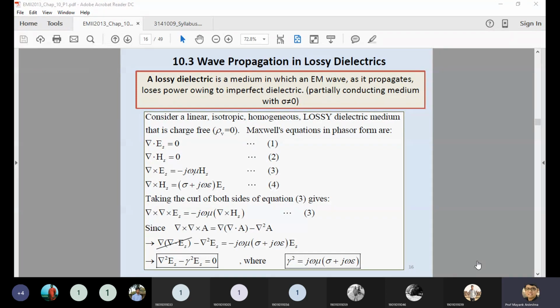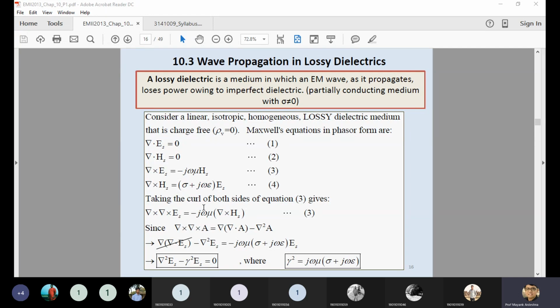So if you see equations 3 and 4, both are in the frequency domain. Now see, in these two equations, on one side it is the magnetic field, on the other side it is the electric field. So you cannot easily find out the electric field. So what we are doing is taking the curl of any one of the equations, either equation 3 or equation 4. But first we started with equation 3.